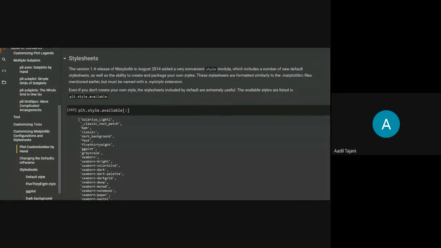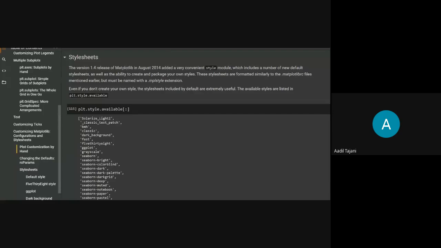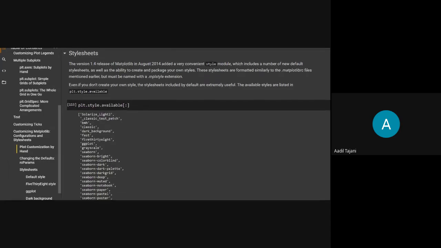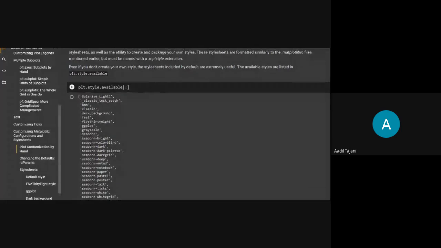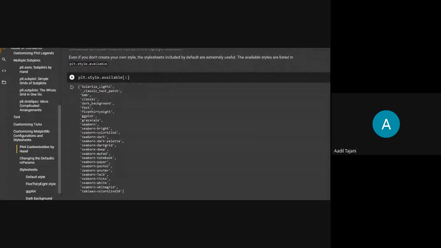And if you don't want to do those, then Matplotlib has a new thing, which is style. It has different styles already available for you to use. You just have to use those styles using a simple command, and the default variables will be changed accordingly.